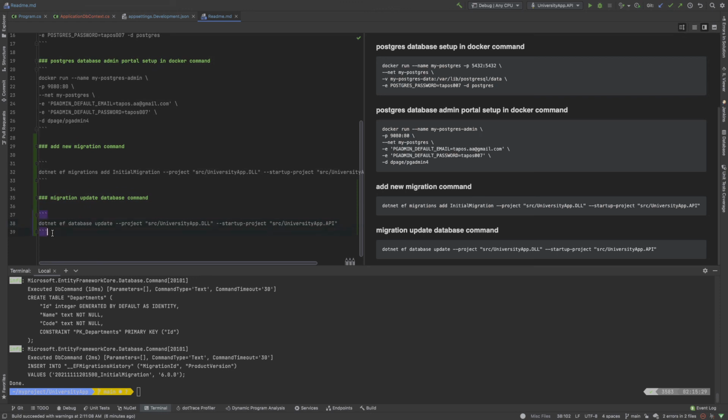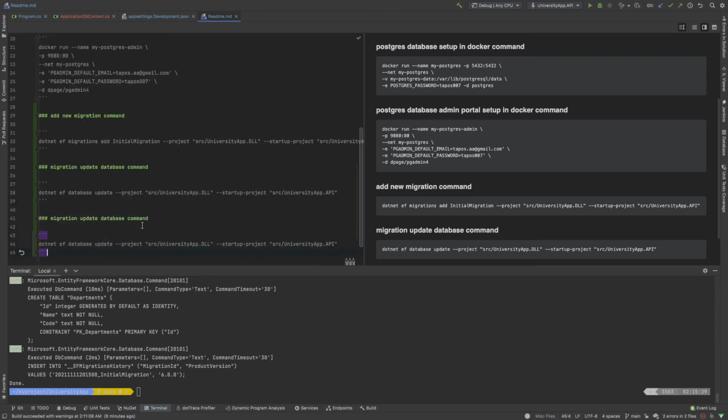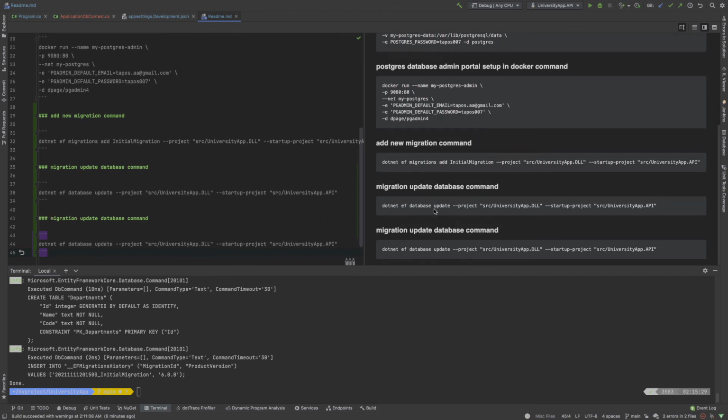You may think you came to learn ASP.NET Core 6, but I am writing unnecessary work. But this unnecessary work will reduce your huge time in future. Okay, migration script